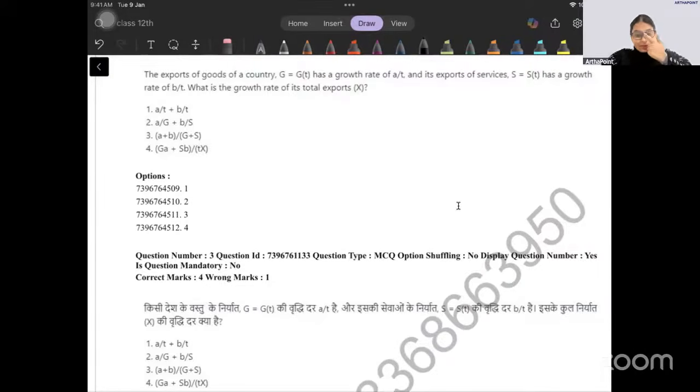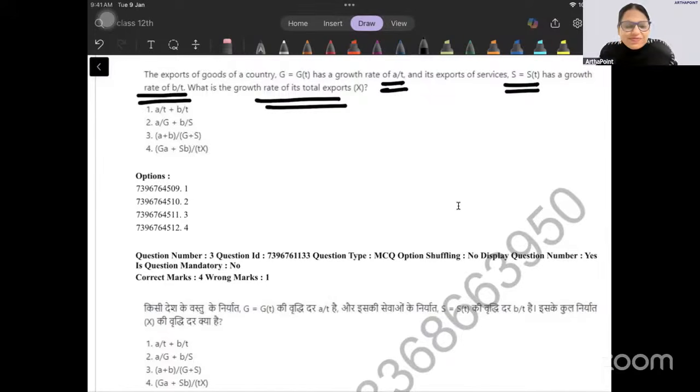So let's see. The export of good of a country G has growth rate of A by T, and its export of service has growth rate of B by T. What is the growth rate of its total export? Very good question. ठीक है, तो